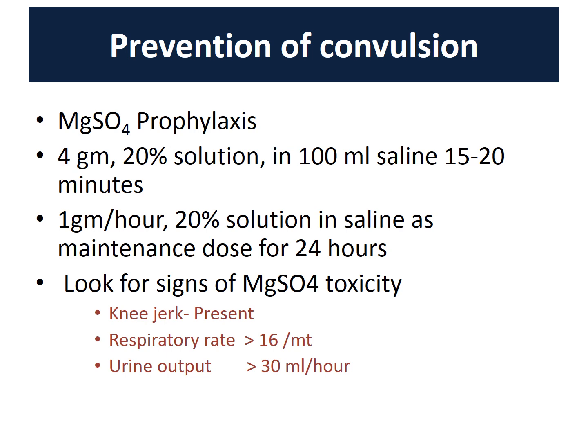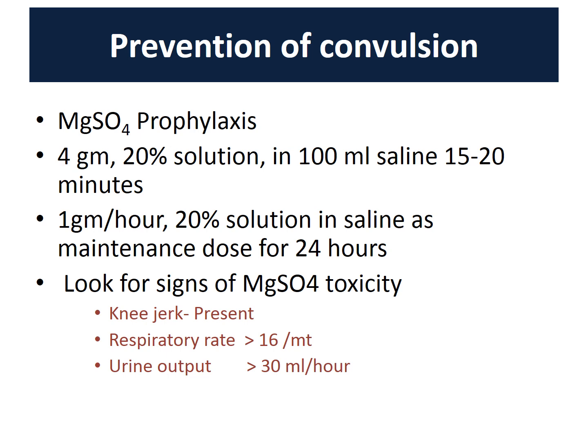Magnesium sulfate is a neuroparalytic drug acting on the neuromuscular receptors, and if blood level exceeds a certain limit, that will produce neurological paralysis. So we have to look for signs of toxicity. Magnesium sulfate toxicity affects the deep tendon reflexes first, and if the blood level goes higher, it may affect the respiratory muscles, causing respiratory failure.